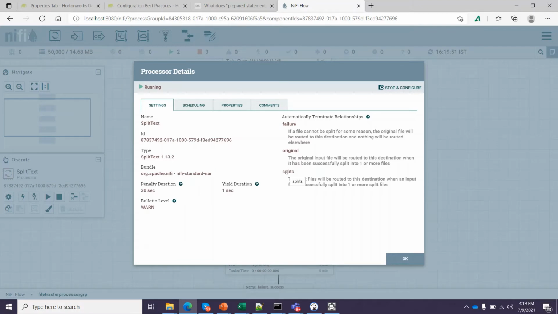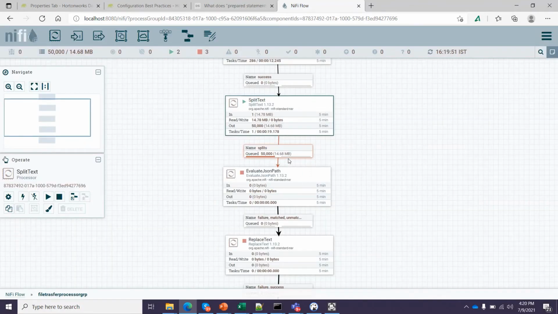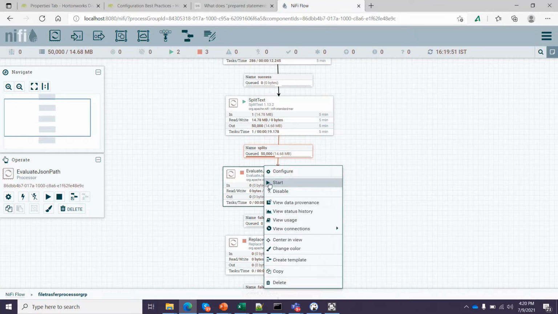So I only redirected the data which comes under splits. If you see this connection, the name is splits. Let me start my next processor.